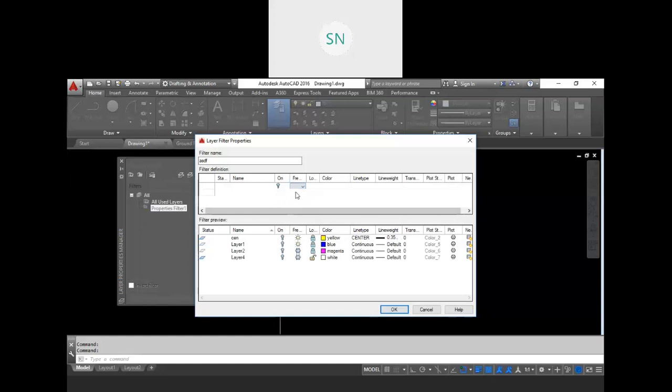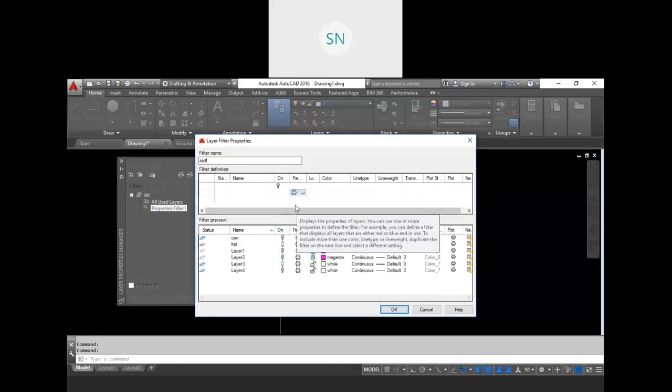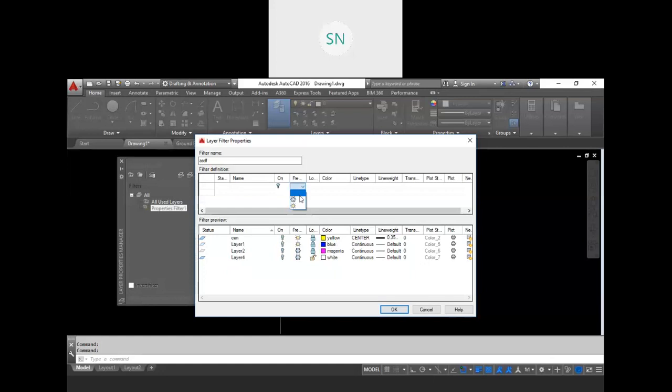And if you provide your second condition in the second row, freeze, here we have the layer that is off and also the layer that is frozen. So this hidden layer we have because it is frozen, this center layer we have because it is off. So this is our OR condition and this is our AND condition.